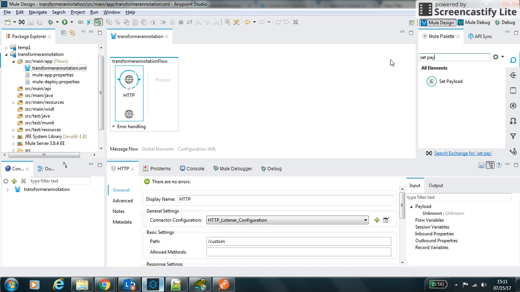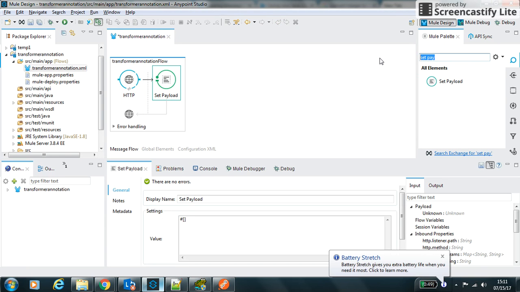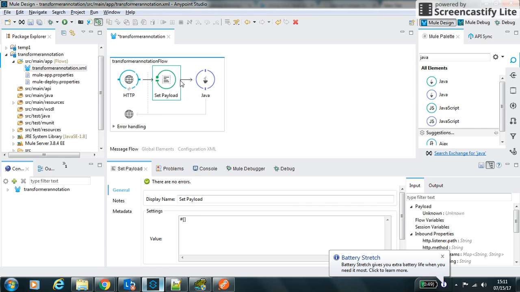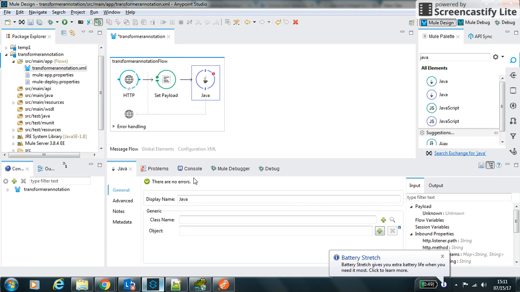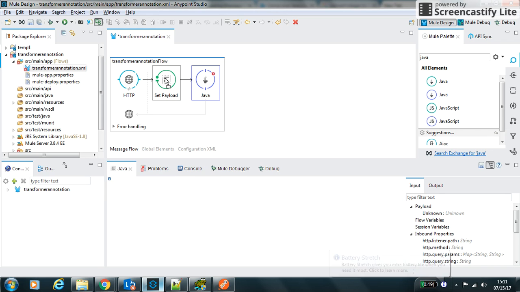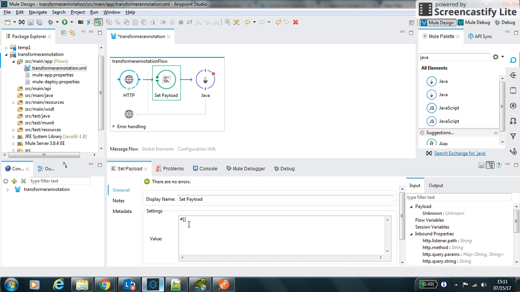payload to set the payload, and we will use the Java component to call the custom transformer that we are about to create. So in the set payload, let's set this value as Sunil. Okay,